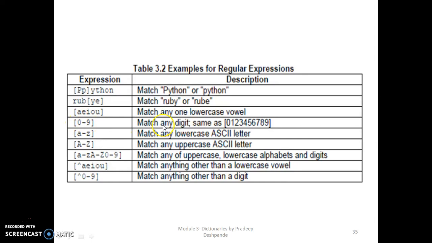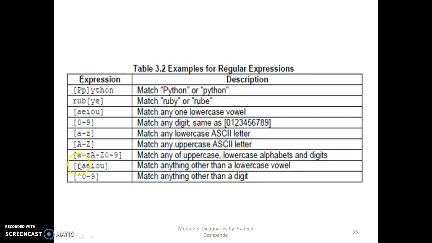0 to 9 matches any one digit. It means 0, 1, 2, 3, 4, 5, 6, 7, 8, 9. Similarly, a to z matches any lowercase ASCII character, and capital A to Z matches any uppercase ASCII character. This one, a to zA to Z0 to 9, includes any uppercase, any lowercase, and digits.